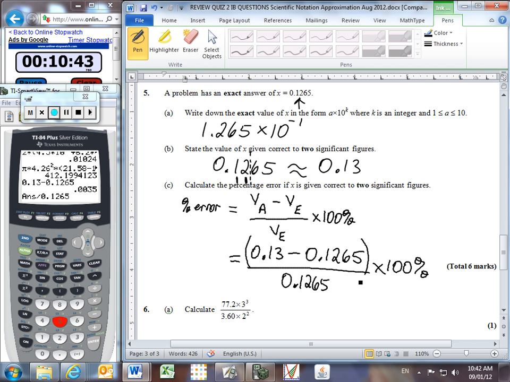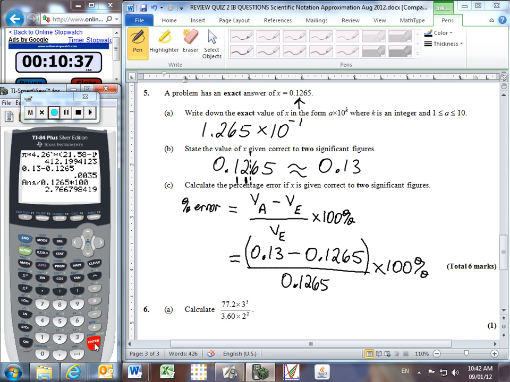And now we'll multiply by 100 in order to convert it into something that I can use for a percent symbol, and I get 2.76, and it keeps going, but so I've got 2.7667 and so on